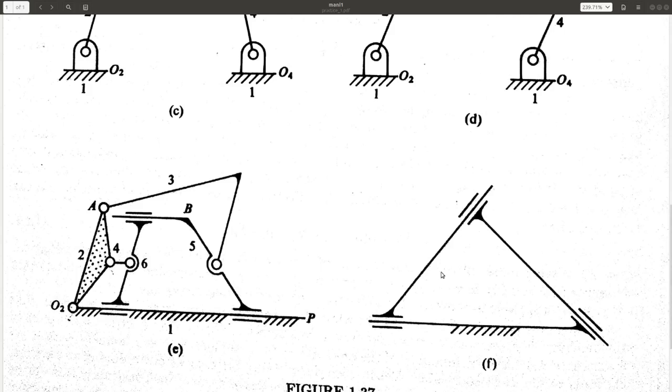Okay, and finally this mechanism. In this mechanism there aren't any revolute pairs, everything is a prismatic pair. Okay, so with these